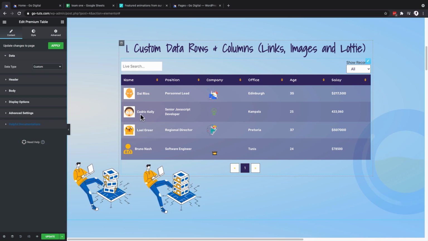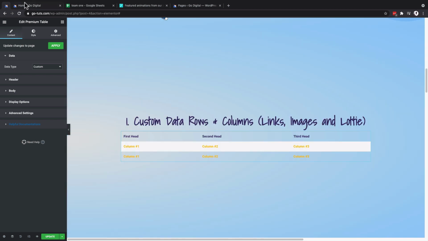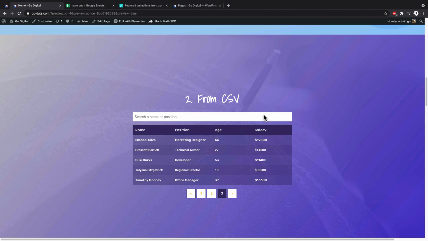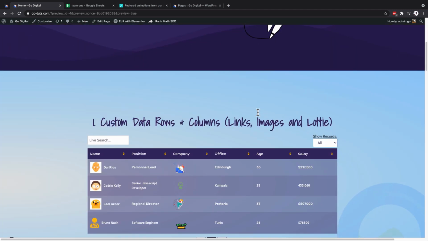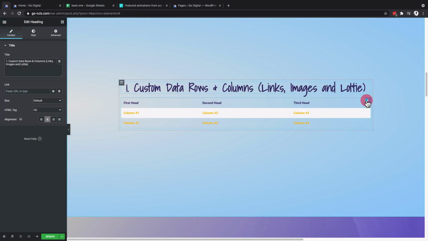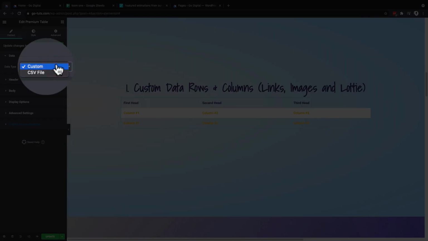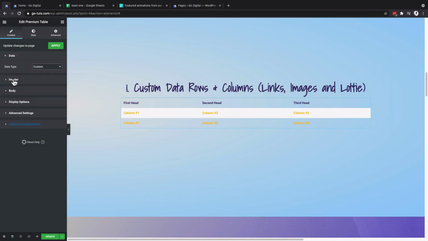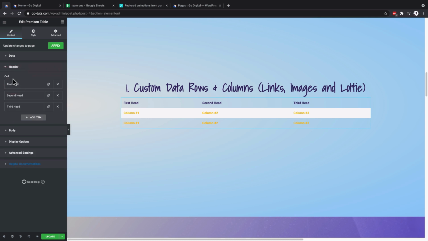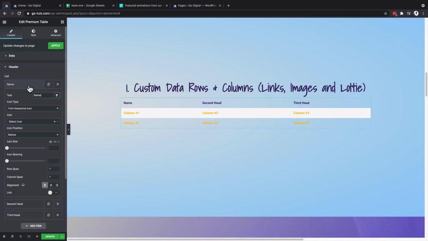and use the custom data rows and columns. And under the header, you realize that in our table, the header had name, position, company, office, age, and salary. We're going to select our table widget, and then we're going to come over here to data and select custom. Once you select custom, then you have the option to set the header. This is what the header looks like currently, so we can just add our heading titles. So I'll start with name,